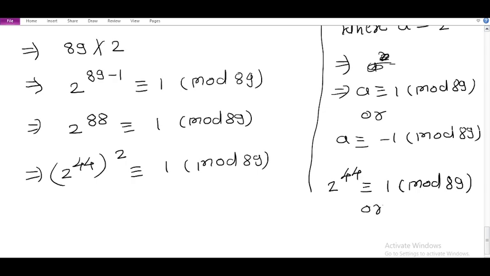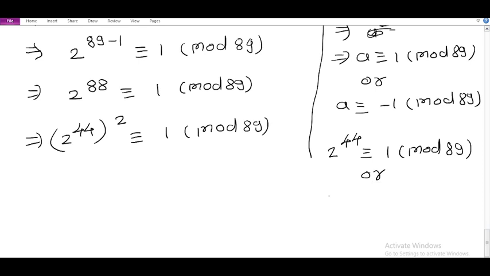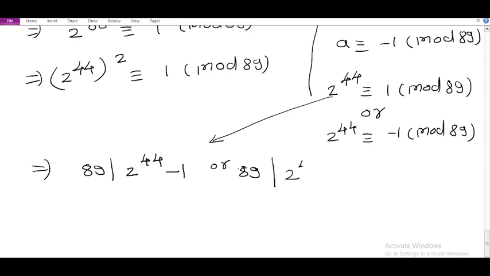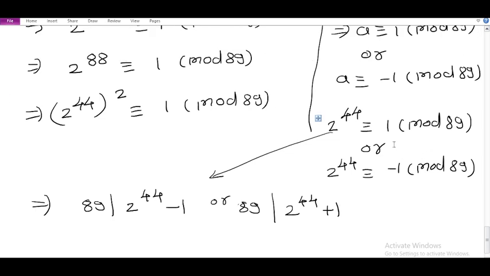or 2 raised to 44 is congruent to minus 1 modulo 89. So this implies 89 divides 2 raised to 44 minus 1, or 89 divides 2 raised to 44 plus 1. And see, this is not or, actually you can say this is and, because